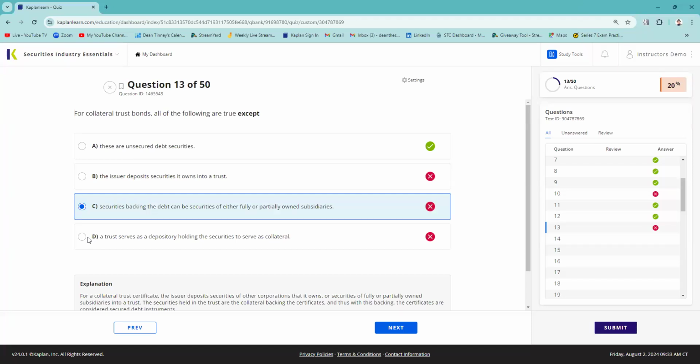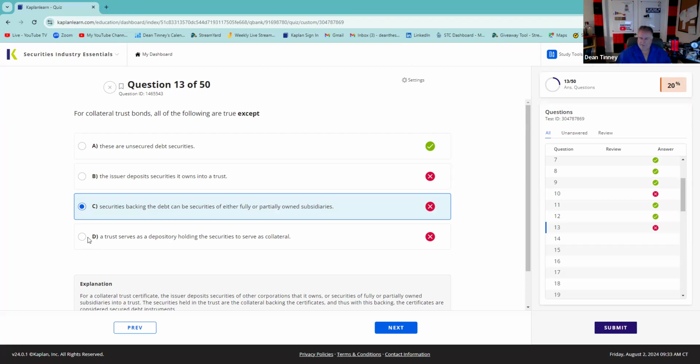In terms of capitalizing a corporation, we capitalize corporations with equity and debt. We sell stock and we sell bonds. And in the bond category, we can issue secured bonds or unsecured bonds. In the secured bond category, we have collateral trust bonds, which are secured by marketable securities placed in escrow. The other secured bonds we have are mortgage bonds, which are secured by real property. The other secured bond we have are equipment trust certificates, which are secured by major movable equipment. The unsecured bonds we have are called debentures. And we have subordinated debentures, and we have income bonds.